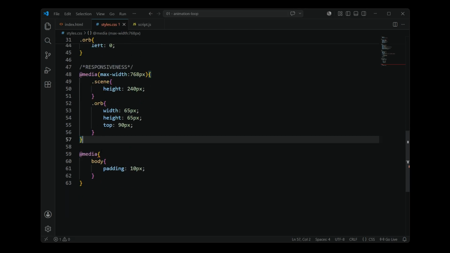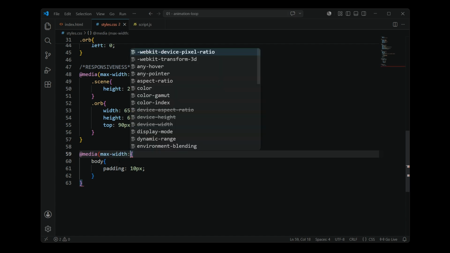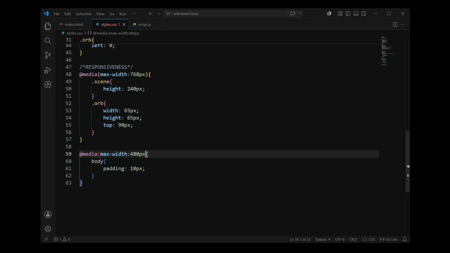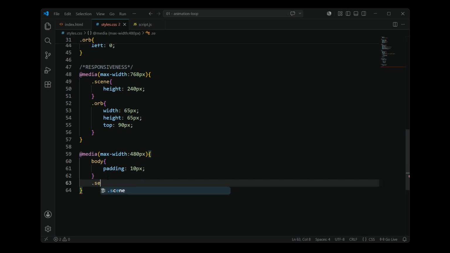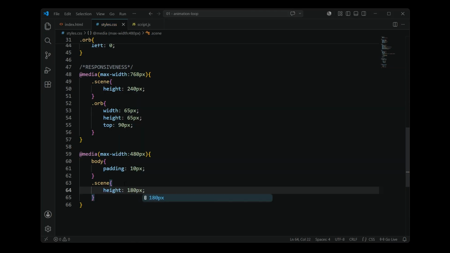And then we should have the second value, max width just 480 pixels screen. Here we have to create the same for the scene and all. For the scene, I'm creating a height again of 180 pixels,